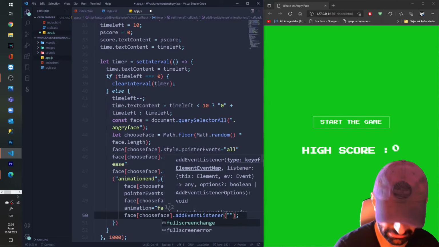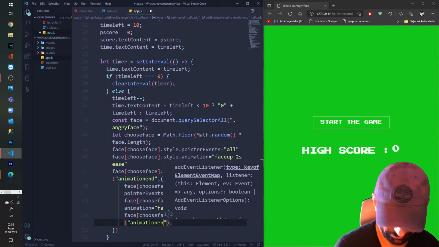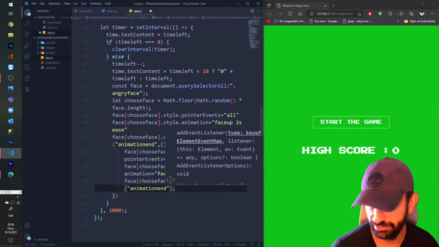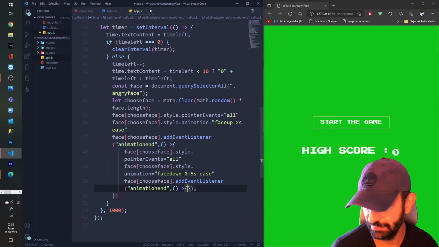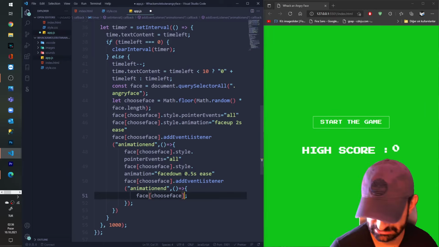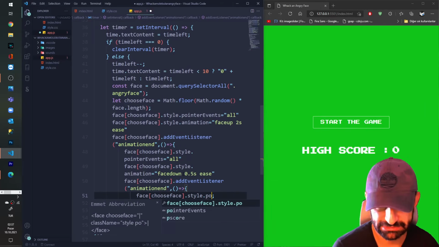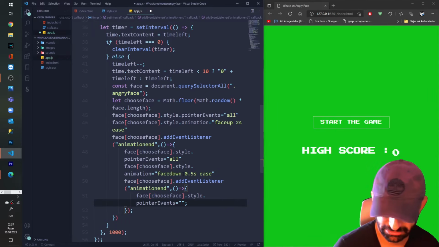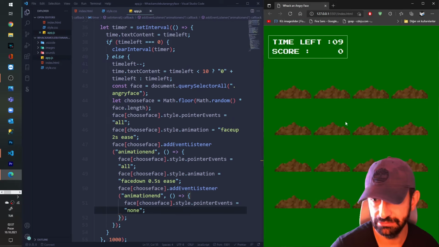As soon as the animation ends, animation end, I'm gonna make another arrow function here. Say face.style.pointerEvents will be none. That means that I cannot click above the head. So let's give it a try and see if it's working.